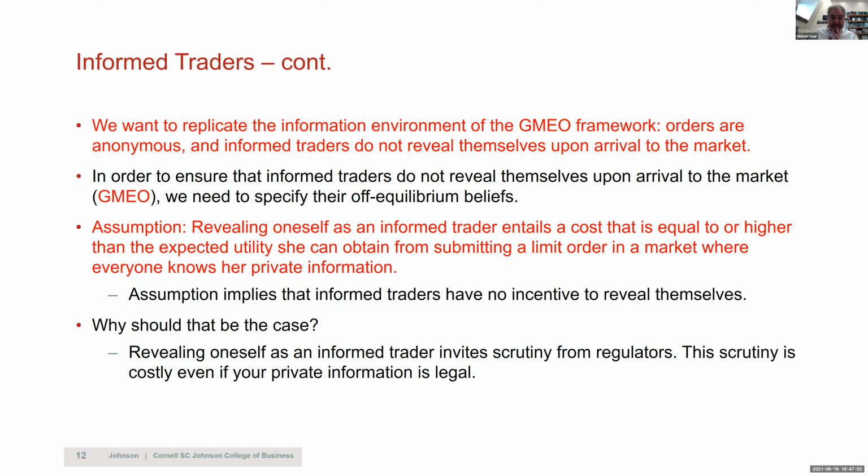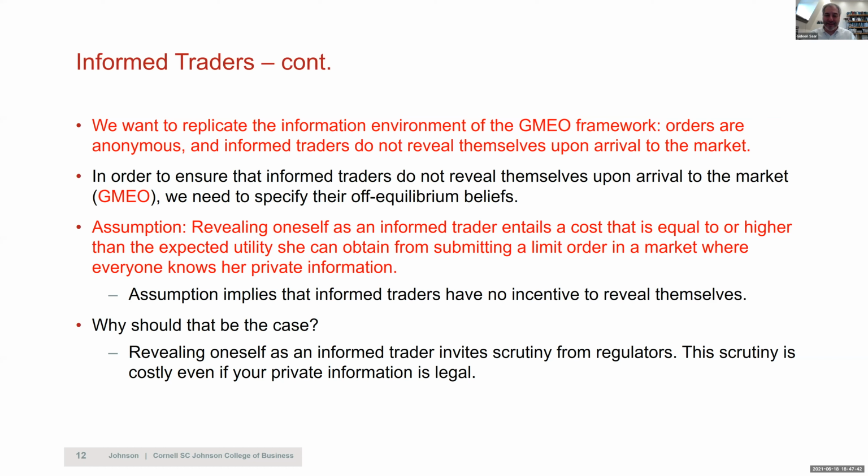Okay, so it's actually related to this slide. Really what we want to do is replicate the information environment of the sequential trade model, which is similar to Kyle. The information environment is that you cannot point to a trader and say, you are an informed trader, right? So, a kind of anonymity. And the way they maintain the anonymity is they hide behind the trades of the uninformed traders. So in Kyle, they submitted the same rate. In Glosten-Milgrom, they basically use only marketable orders. They will need to hide behind the uninformed traders as well here.